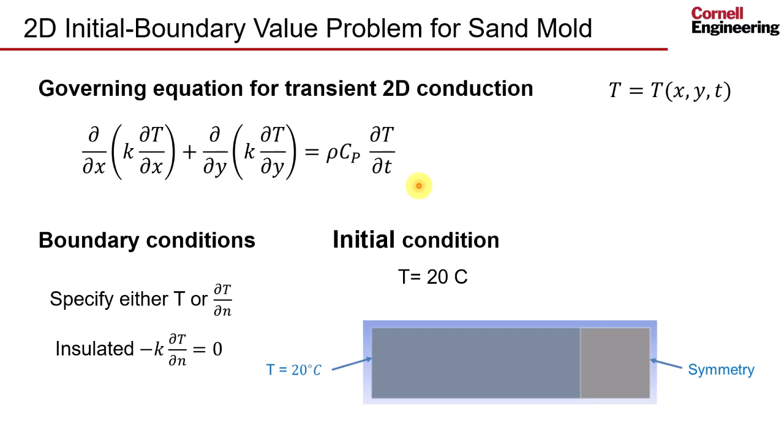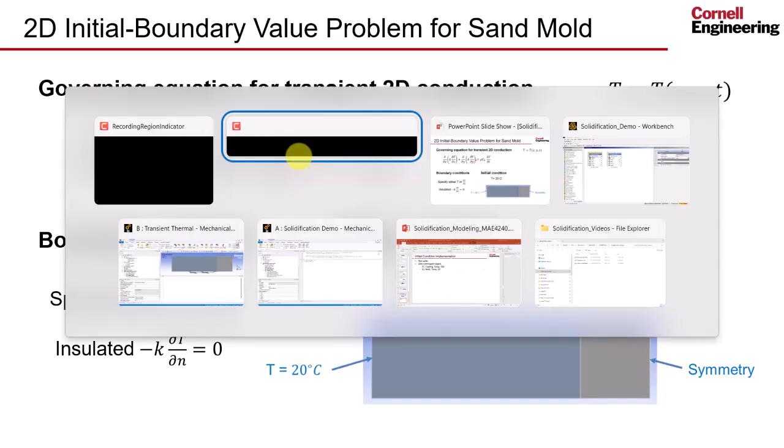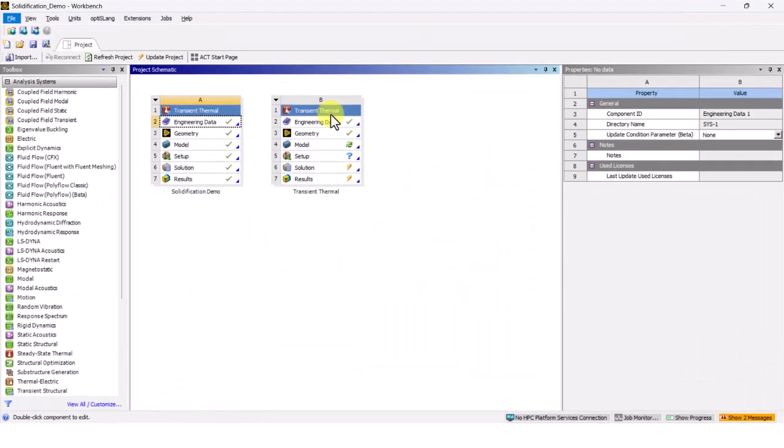Next, let's specify the governing equation, boundary conditions, and initial condition for each area. So that'll specify the mathematical model. Let's start with the sand mold. So the governing equation for transient 2D conduction, when we have chosen, so if I go to Workbench, since we